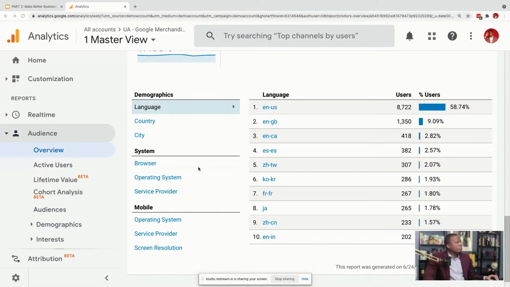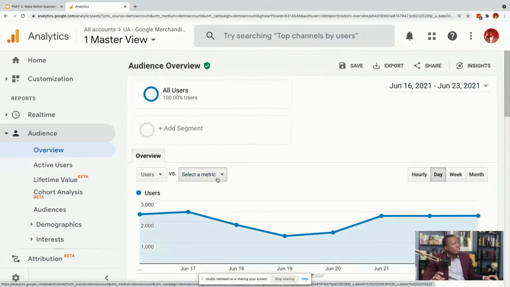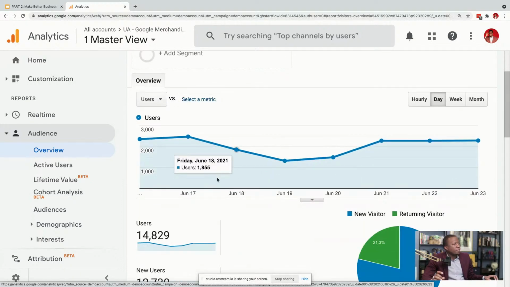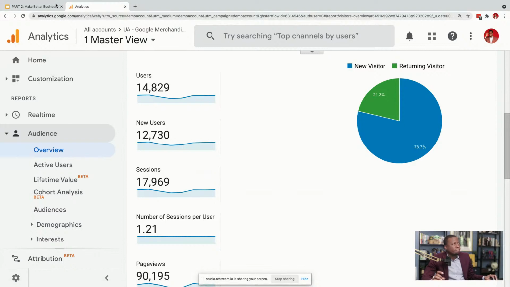More information about our audience. Once again, it'll tell you what country they're coming from, what city. Look over here, it'll tell you what language. You can see English is the leading one, followed by Canadian, Spanish, and so on. And we can also see what browser they're using, or if they come to your site on a mobile phone, Android or Apple. So once again, really detailed, but when it comes to the audience tab, you want to make sure you click on the overview tab, and it'll give you a general understanding of what is going on with your customers. So that's a good place to look.